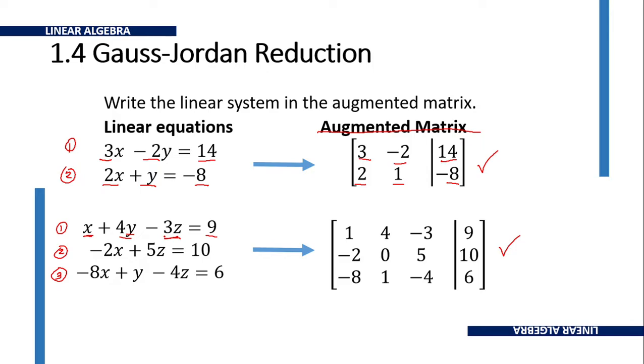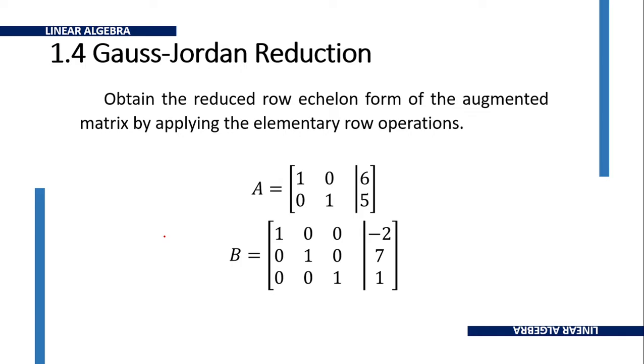Okay? Next, obtain the reduced row echelon form of the augmented matrix by applying the elementary row operations. Katulad nga sasabi ko kanina, hindi naman natin kailangang ipilit na ano siya na in unique solution. Okay? So, isa dun sa tatlo, yun yung tatlong possible outcomes na pwede nating makita as a result. Okay? So, kung mapapansin nyo,